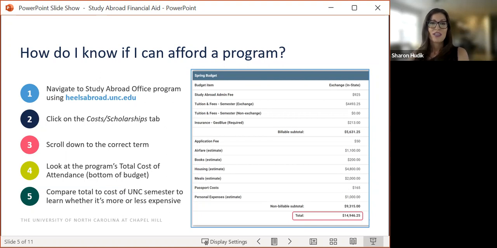Then you want to look at the very bottom of that program's total cost of attendance. It'll be listed there, and it's highlighted here in pink on this particular slide. So this is a program budget for the University of Edinburgh. And as you can see, the total is $14,946.25. So that's the very grand total of the program. And you'll use that figure to then figure out if the program is more expensive or less expensive than a